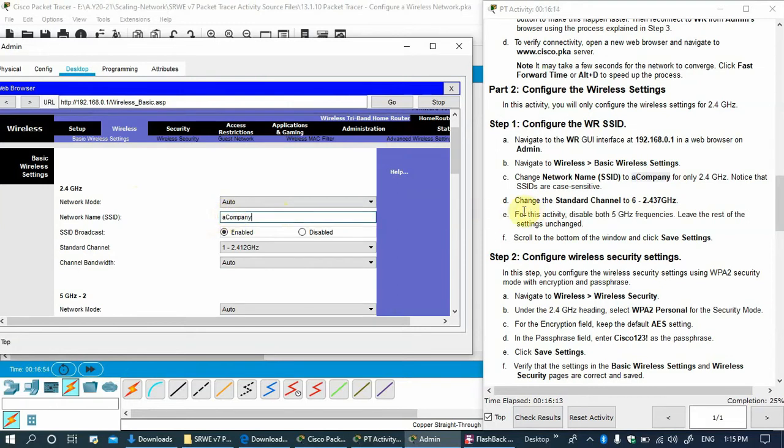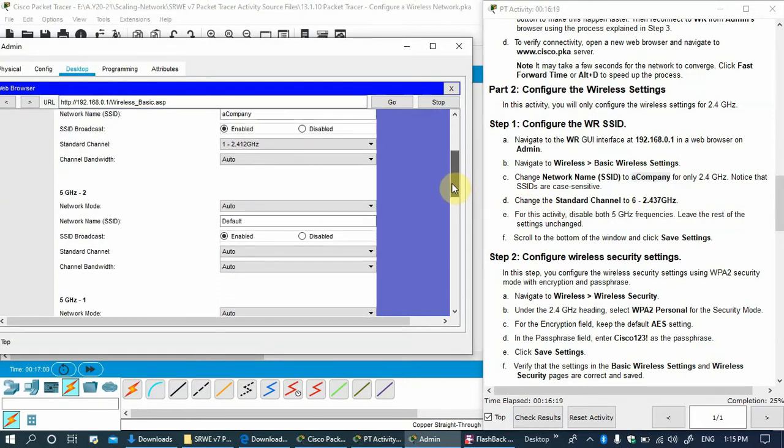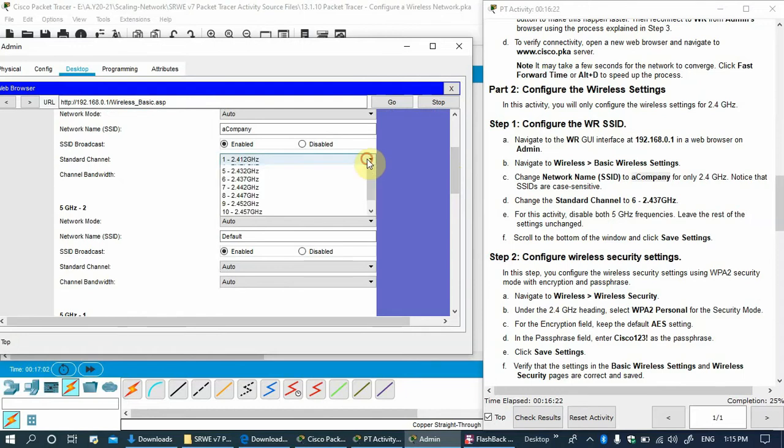After that we need to change the standard channel to 6. By default the standard channel is 1 at 2.4 gigahertz, so we need to change to channel 6, 2.437 gigahertz. So we need to select this one.